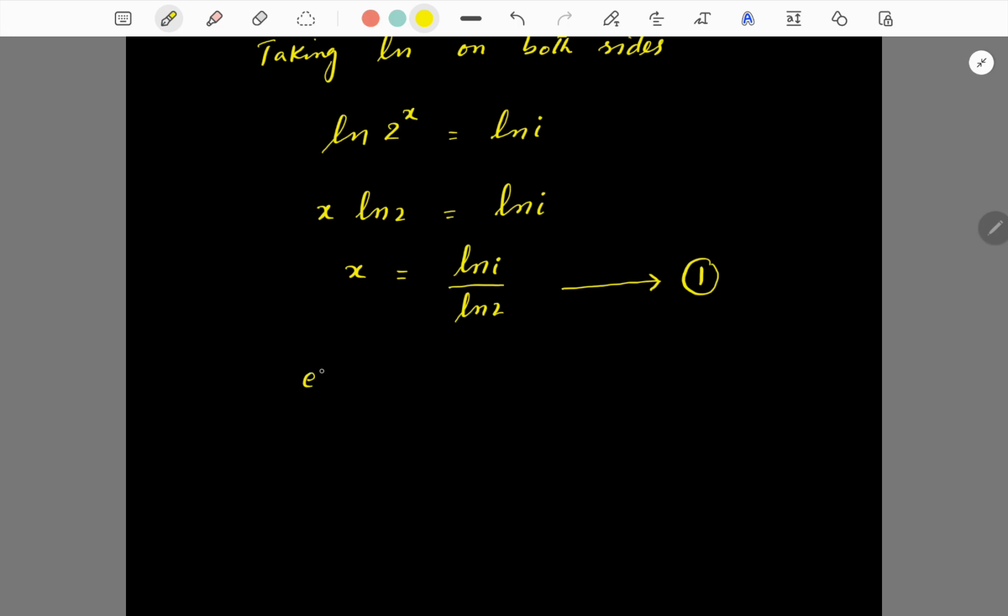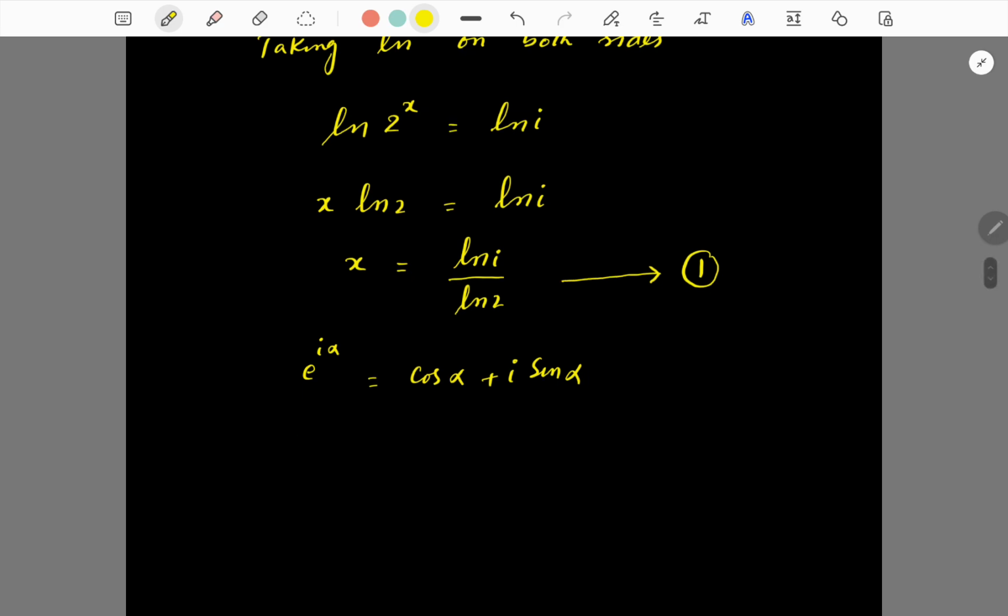We know that e power iota alpha is equal to cos alpha plus iota sin alpha, and if we replace alpha by pi, then e power iota pi is equal to cos pi plus iota sin pi,